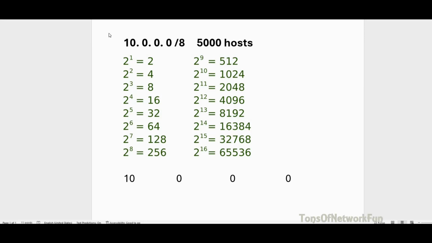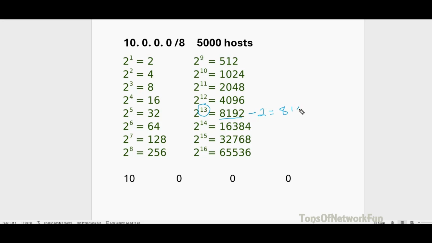This video will look at one more example of FLSM, and this time we have a class A address, 10.0.0.0/8, given to us. We need 5,000 hosts, that's the requirement. So again we have to look at this 2 power table. As you know, exactly 5,000 is not possible. 2 to the 12 is 4096, which is not enough, it's less than 5,000. So that means we have to go with the next one, 2 to the power of 13, which will give us 8192 minus 2 equals